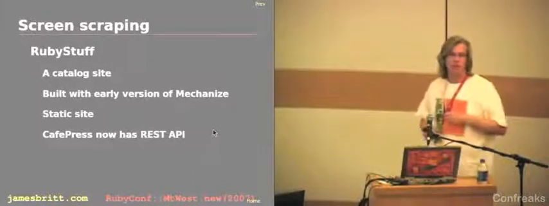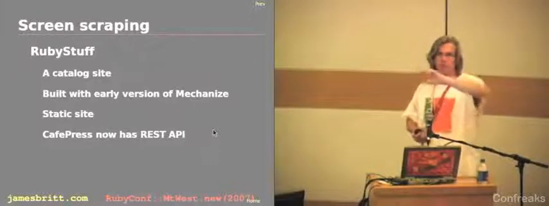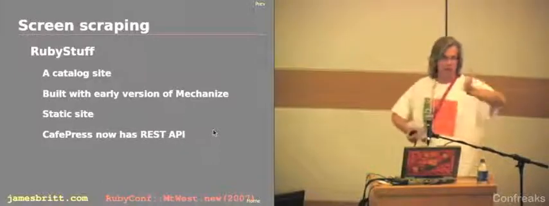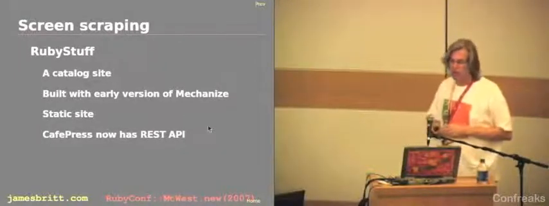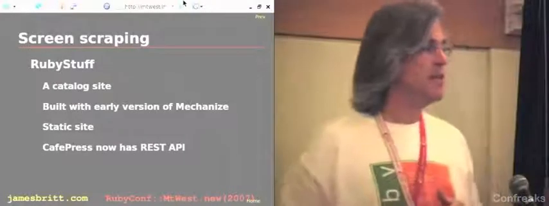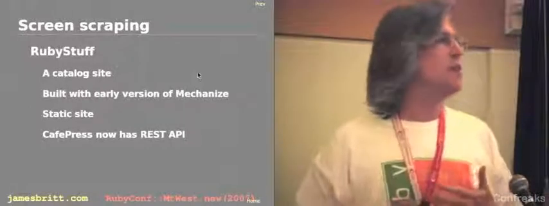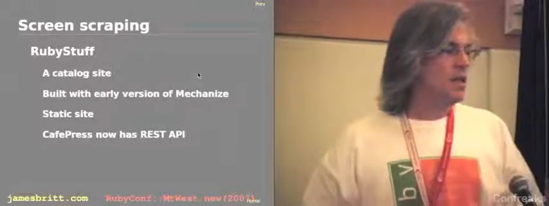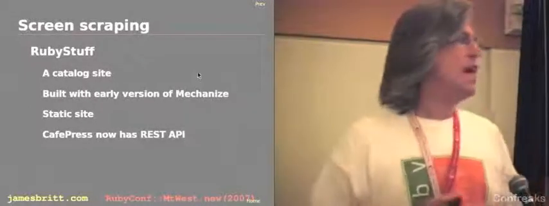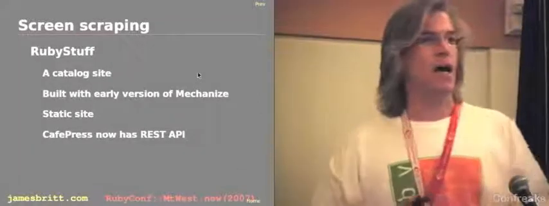There was a bunch of screen scraping going on, where I would just fetch the web pages for each of the different shops that make up this thing. It's built with an early version of Mechanize, but basically it's a static site. I only have to build the site once and then regenerate it when I add new content. Interesting thing, though, is Cafe Press is now offering a web API,